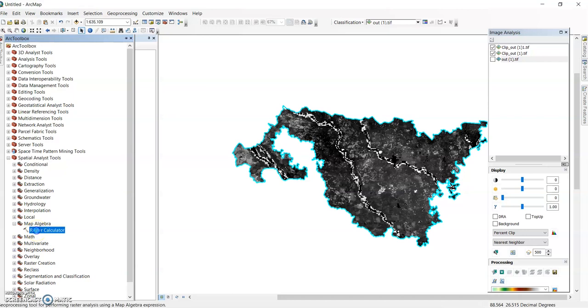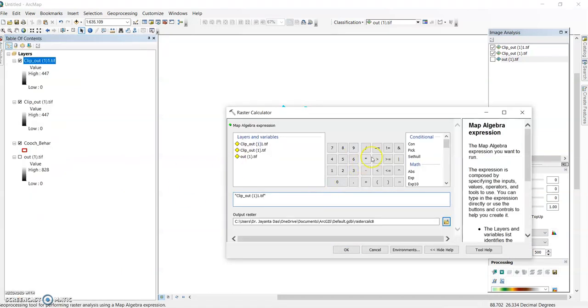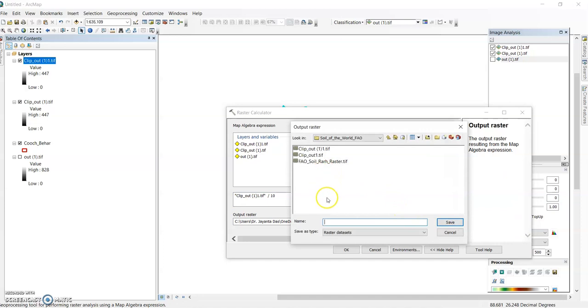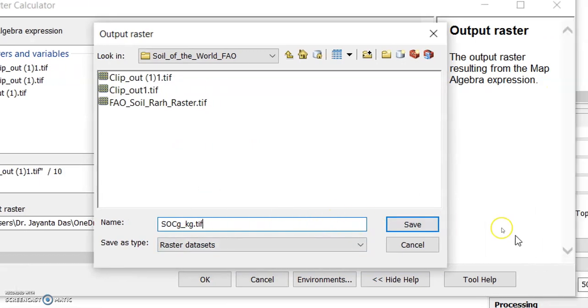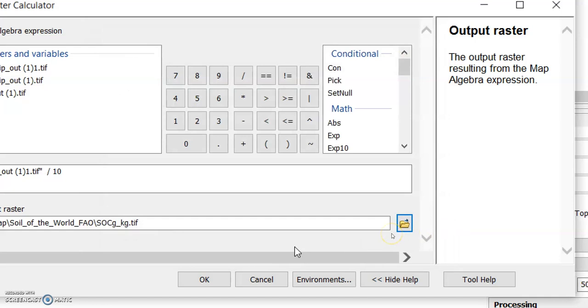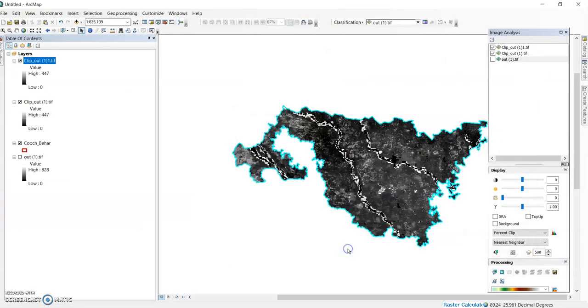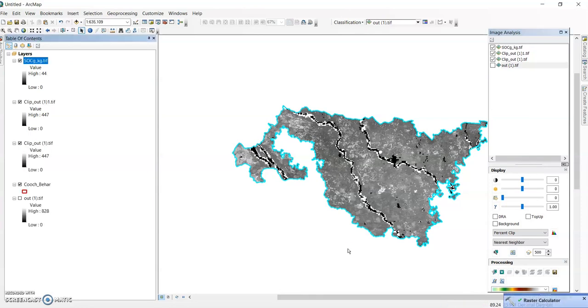Click it and go to raster calculator, select it and divide it by 10 and name it soil organic carbon g kg dot tif. You can give any name, but you must give this .tif extension because it is raster data. So click it now. Now it is converted to gram per kg.